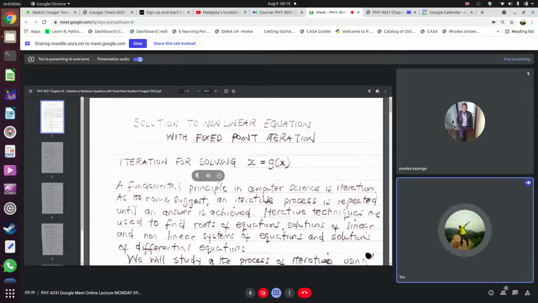Because you have to come up with this function. We give you some equation, a nonlinear equation of x. Then out of this equation of x, you form a function of x. You create a function of x. As you create this function of x, this particular function which you would have created,